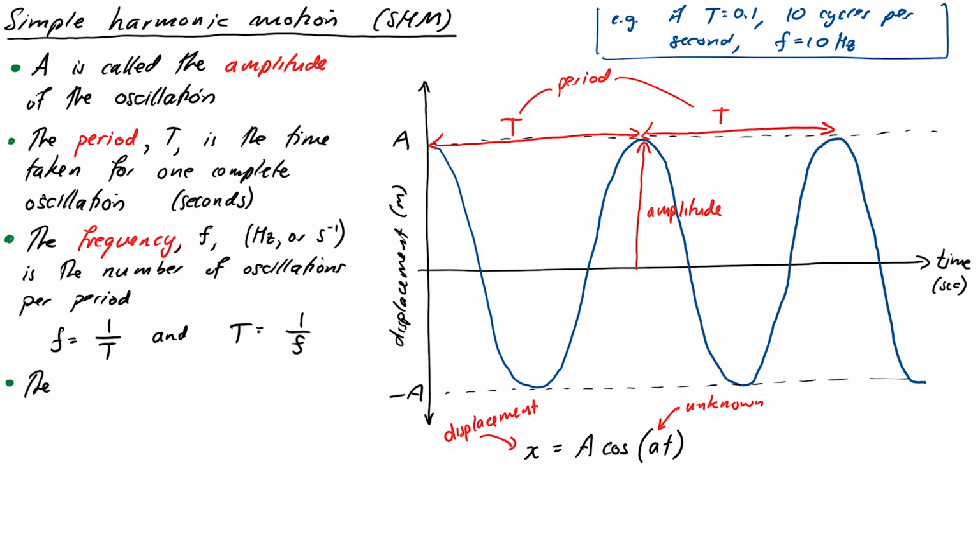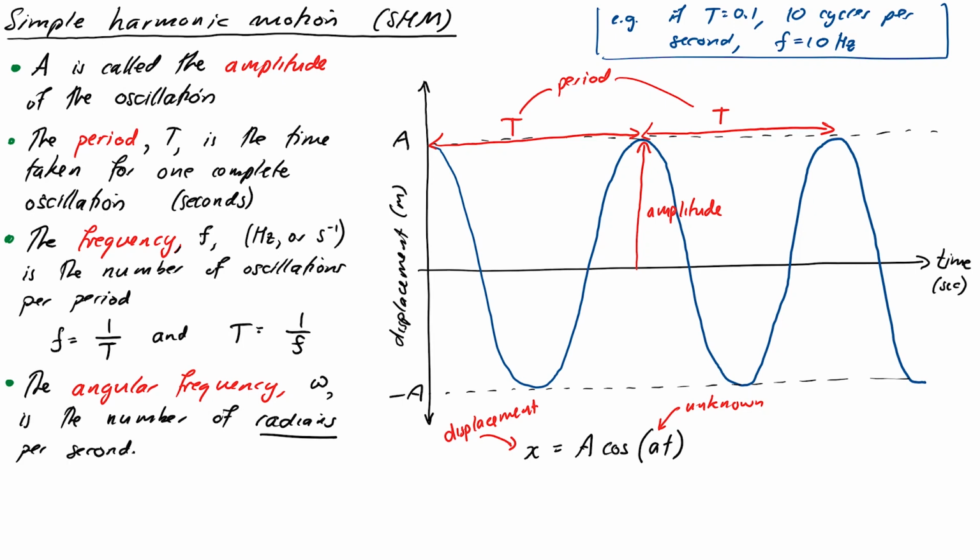Okay, and the final concept is that of the angular frequency. Now we usually write that with an omega, so it's the Greek letter omega, not a W. Sometimes with handwriting it's hard to tell the difference, but omega, or the angular frequency, is the number of radians that are gone through every second. Okay, so its units are radians per second, or just per second,